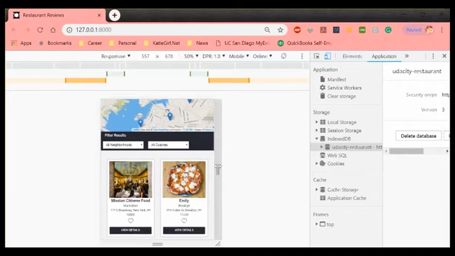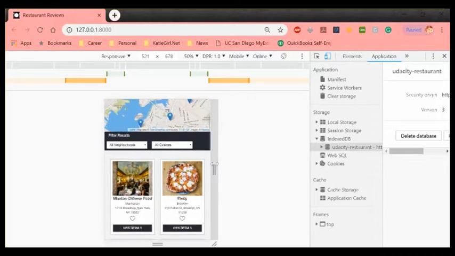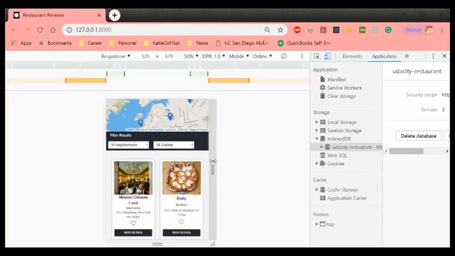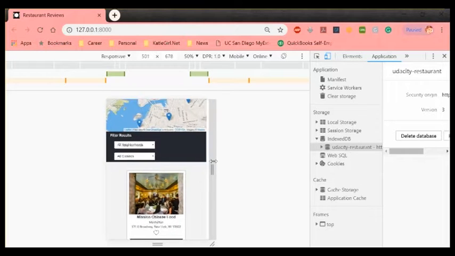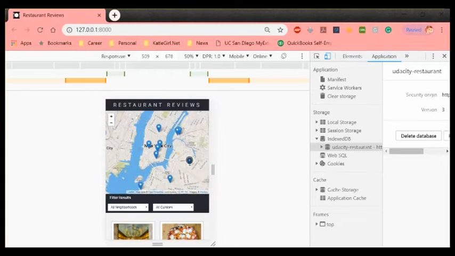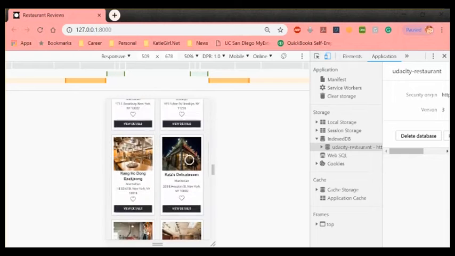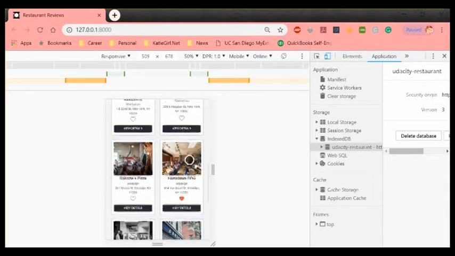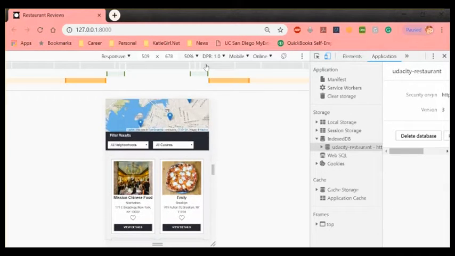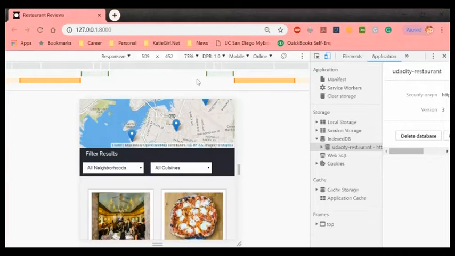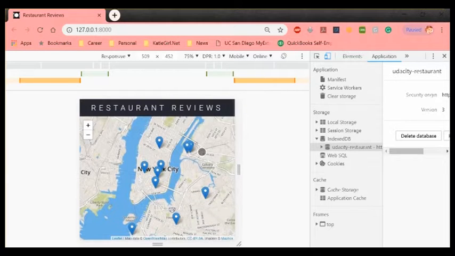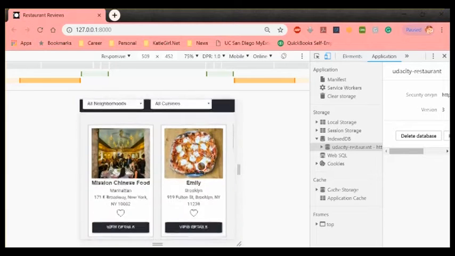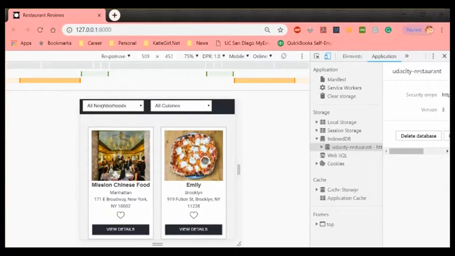But it's going to hit a breakpoint pretty soon to switch over to a smaller or mobile view. And that breakpoint is going to be coming up pretty soon. Oops, we hit around 500. So around 500-ish is the max for a view,